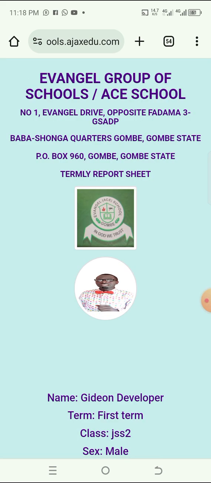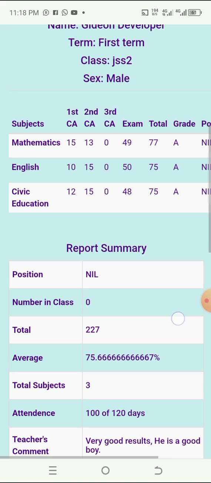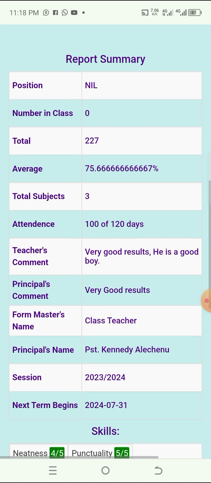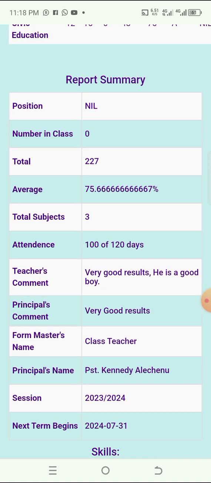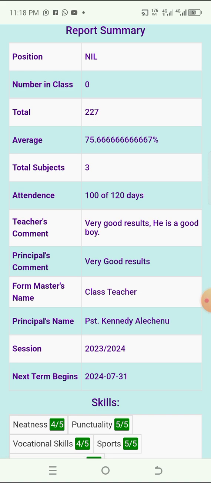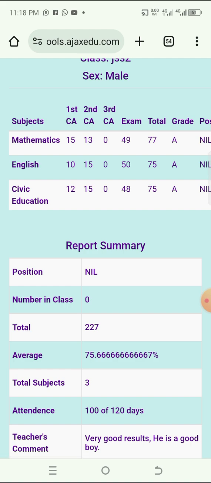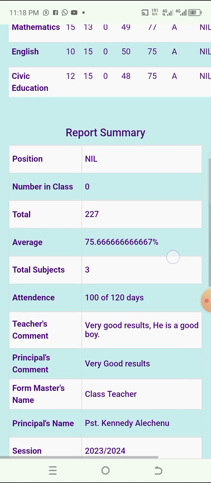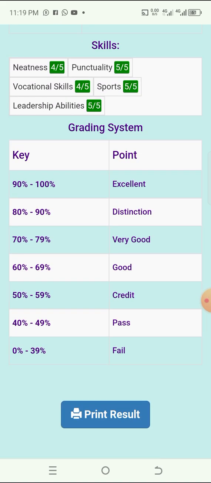You can see this is the check results. So you check result like this. This is the result of the student, the result that you just entered. That's the result. Okay. This is the percentage, how many subjects, everything, three subjects that we entered for this particular student. I've entered one before. So that's just it.